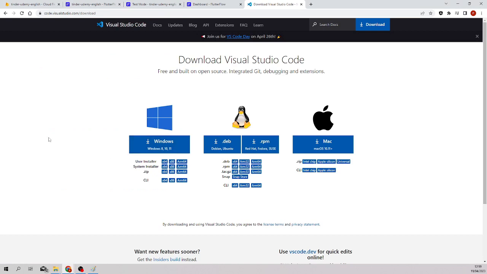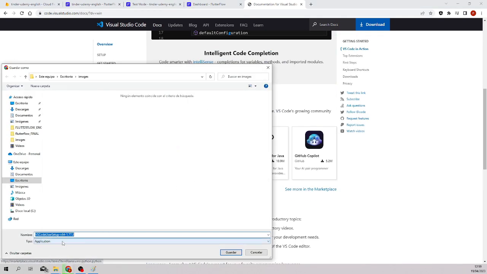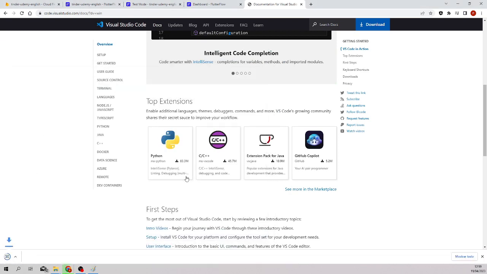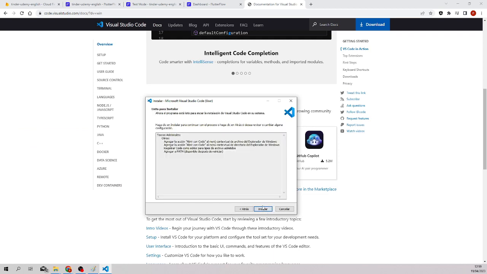This program is a code editor for programming. If you have Windows, click on Windows. If you have Mac, click on Mac. You download it, and you click next. You get an executable downloaded, and you will be okay. I'm not going to do this because I have it already. You say agree, next, install. I'm not going to do that. But once you have that installed,